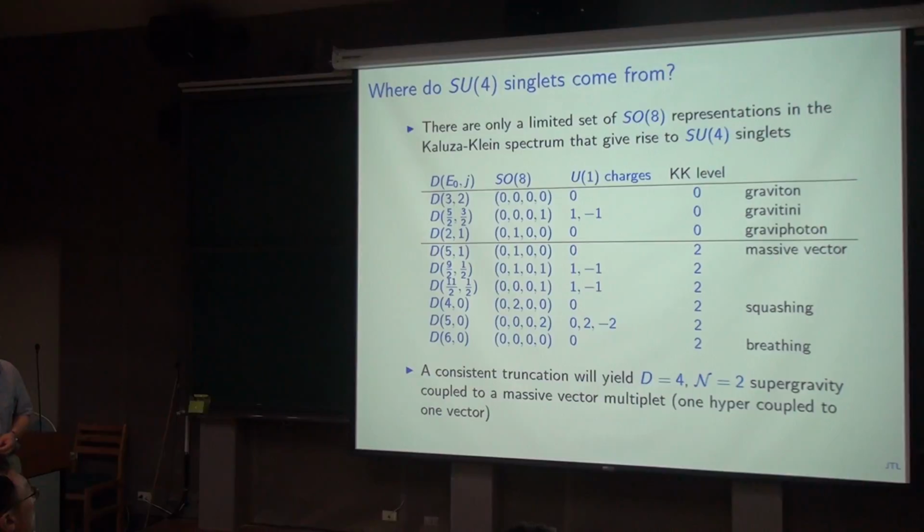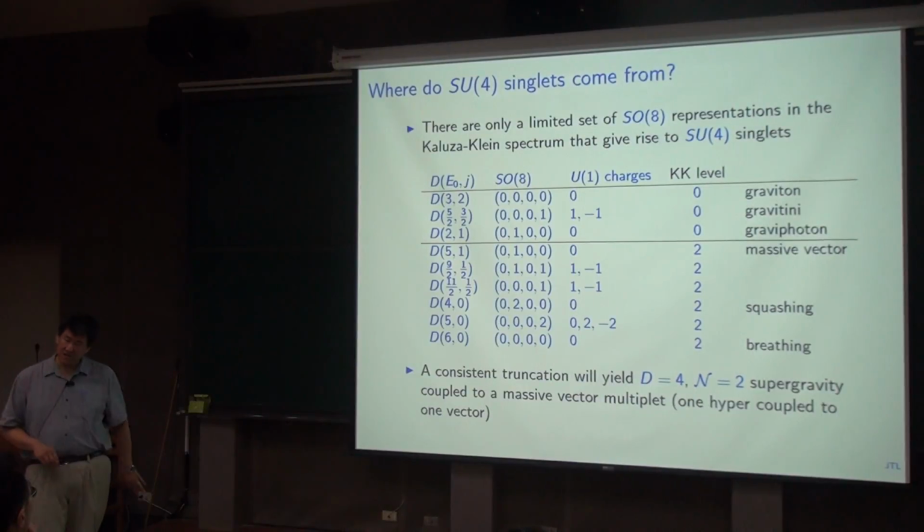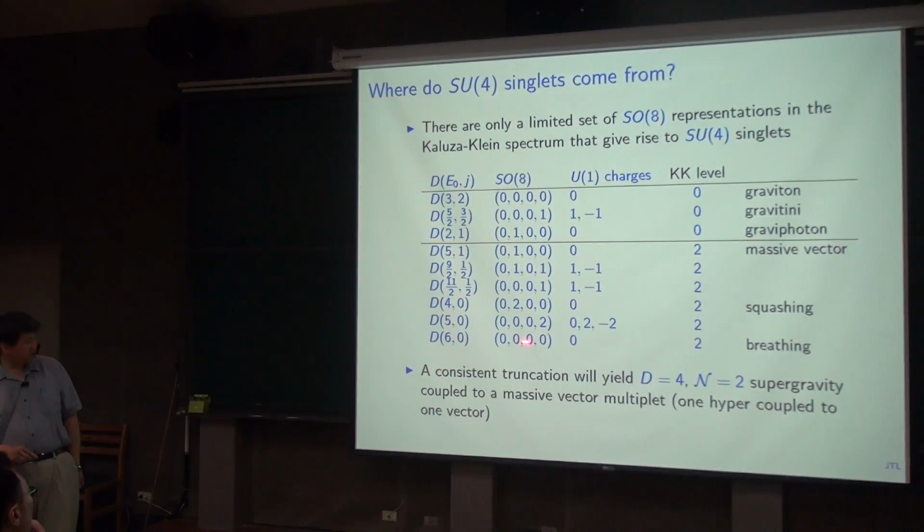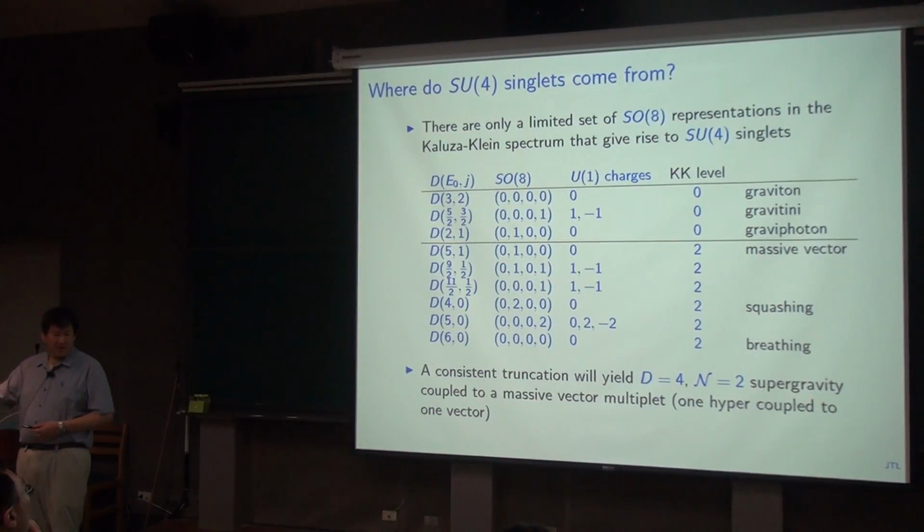So I gave you a little bit of group theory to say if I truncate the singlets of SU4, this is what you get. It turns out you can actually write down a full nonlinear Kaluza-Klein